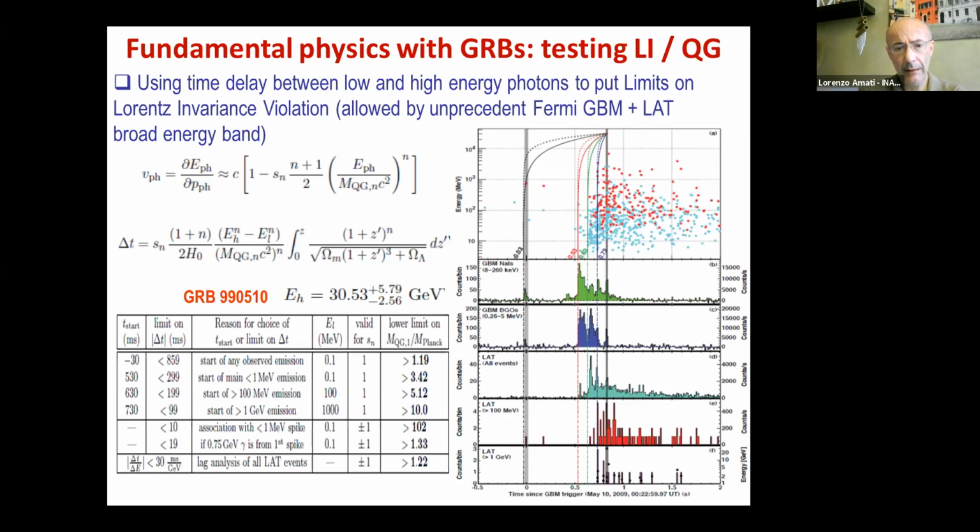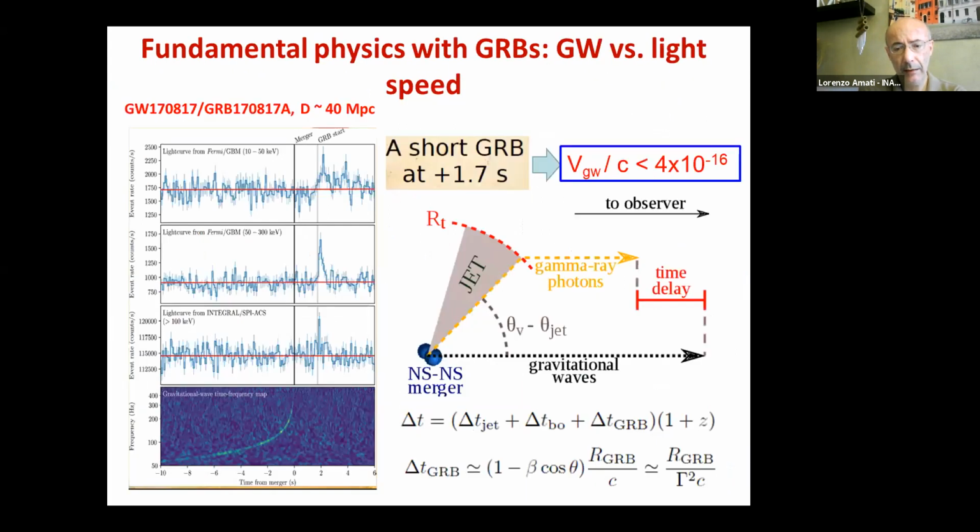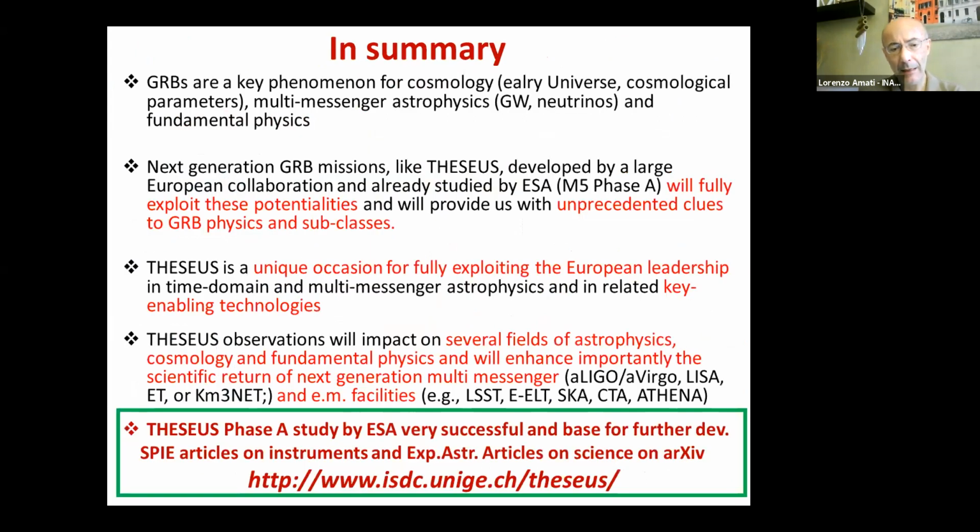Okay, this is just to mention. As I mentioned before, another important clue for fundamental physics from gamma ray bursts is the delay between gravitational signal and electromagnetic signal. So this 1.7 seconds already puts a very stringent limit on a possible deviation between the two velocities. So it is a direct confirmation that gravitational waves travel at the speed of light. And this is my conclusion.